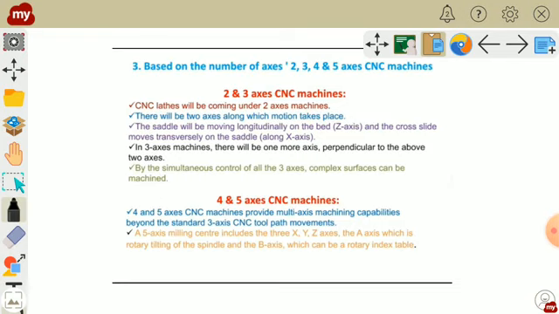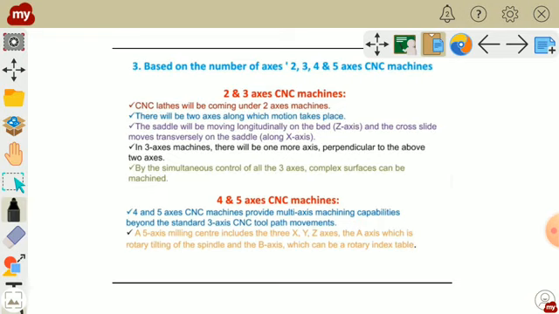Now we will discuss 4 and 5 axis CNC machines. As we have discussed, CNC milling machine has 3 axes, X and Y axis along the table, Z axis perpendicular to table, but again we can increase 2 more axes. How? म्हणजे कसं बघा, suppose if we are able to rotate our spindle, then we will get one more motion. बरोबर. And again if we are able to rotate the table, जर आपण वर्क टेबल पण रोटेट केला तर again we will get another motion. That means our machine has 5 axes.